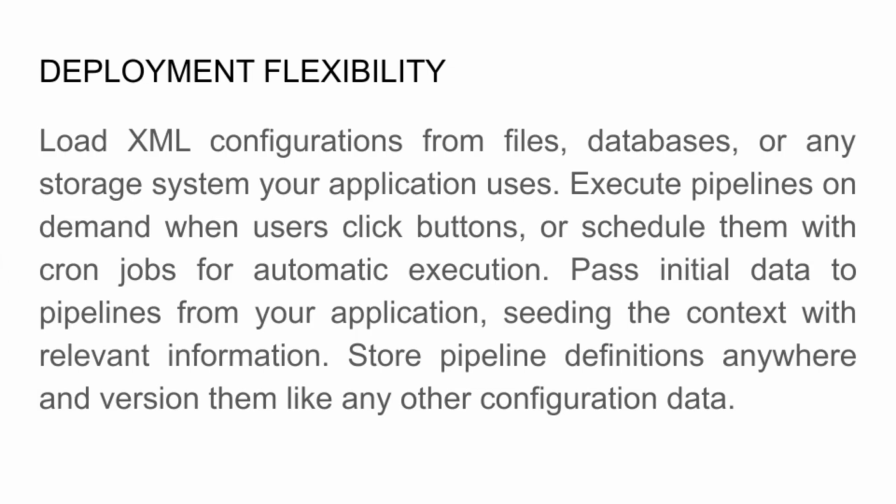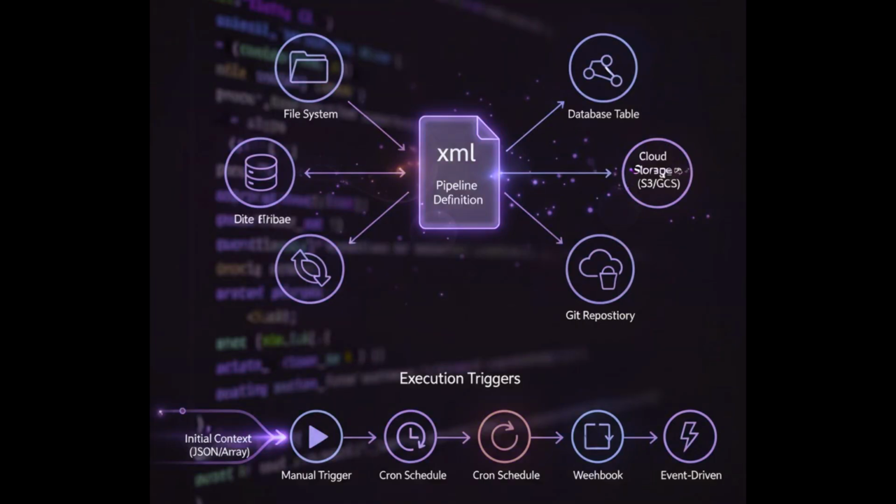Let's talk about practical deployment. Your application loads the XML configuration and feeds it to Pipeflow. Pipeflow parses the XML, sets up the pipeline, and prepares it for execution. When you're ready to run the pipeline, you just call the execute method. You can run pipelines on demand when a user clicks a button, or you can schedule them with cron jobs to run automatically at specific times. You can even provide initial data to the pipeline if you need to pass information from your application into the